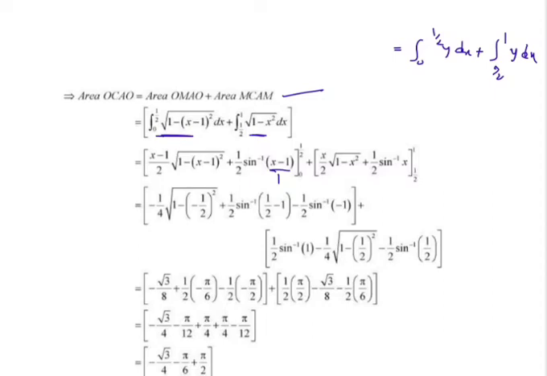So limit 0 to 1 by 2. And similarly here also it is a square minus x square, it is x by 2 1 minus x square plus 1 by 2 sine inverse x, limit 1 by 2 to 1. So now applying upper limit here, what we get? Minus 1 by 4 outside, 1 minus of value of x, what we get? 1 by 2. It is cross multiplies, what we get here? 1 minus 2, it is 2 to 4, that is minus 1 by 4 outside. So inside 1 minus of minus 1 by 2